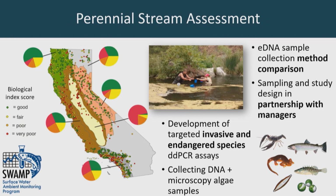They don't have the capacity, time, or money, or staff to be surveying for a lot of invasive endangered species, and so layering on a water eDNA component suddenly gives them access to biological information they didn't have an opportunity to collect before. Additionally, it's been a really great proving ground for us to test out different methods and what's